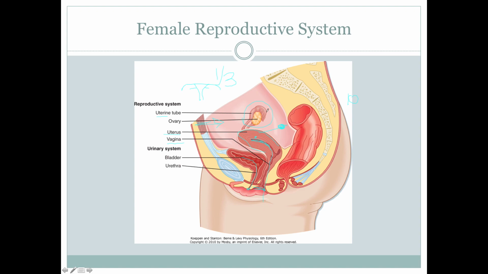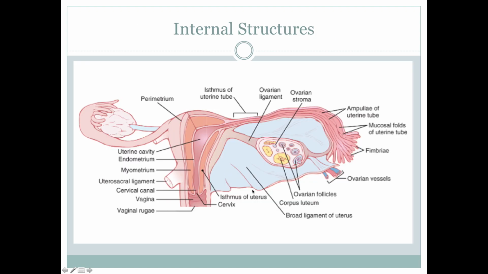Okay, so the ovaries, the tubes, the uterus with endometrium, and then the vaginal canal, and then the external genitalia is mainly accessory, and we'll talk about that at the very end. So here we're just looking at the internal structures inside the lower abdomen. And for those of you who have taken gross, you probably got a look at this. And the size of a normal, typical, not ovary, but a uterus is really not much bigger than a fist. So it's about the size of a human fist, and it sits very low in the abdomen below the umbilicus.